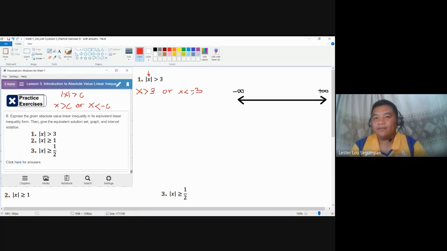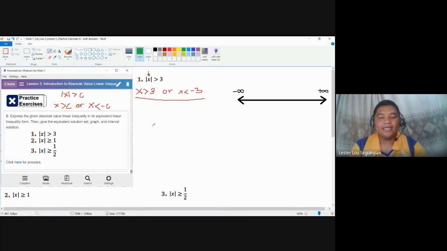This is correct; 5, 10, 1,000,000 will always be greater than 3. All values less than negative 3 would start with negative 4 as an integer. You could also try fractions and decimals, but let's just try integers. The absolute value of negative 4 is positive 4, still greater than 3. Even for negative 10 or negative 1,000,000, the absolute value notation dissolves the negative, so all of them are greater than positive 3. This means the linear inequality form is correct, and we will use it to come up with the solution set graph and interval notation.